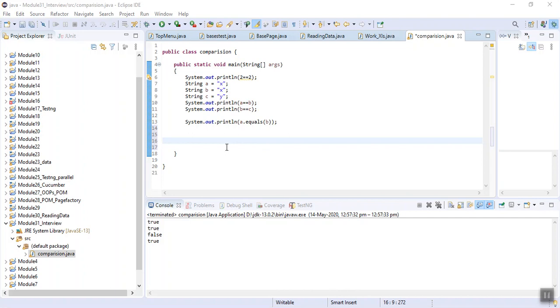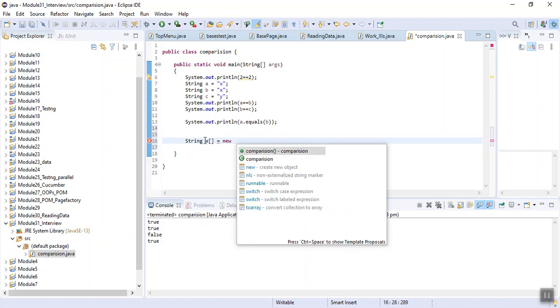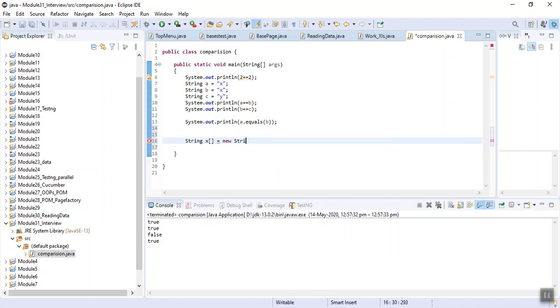Next interview question, which has been asked multiple times: what is the difference between a string array and a char array? If I create a string array, it can only hold strings. For character, it can only hold character values. I have created an array with the name C, with a limit of 2, and I am trying to store a string at its 0th location.